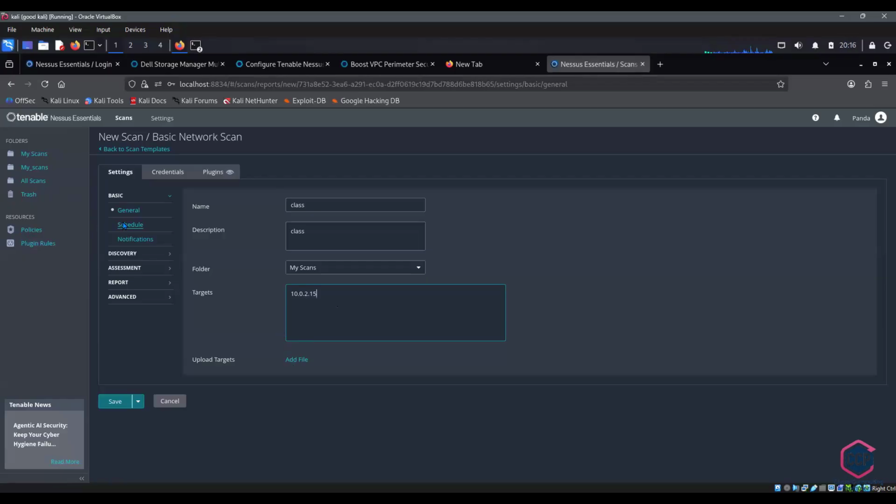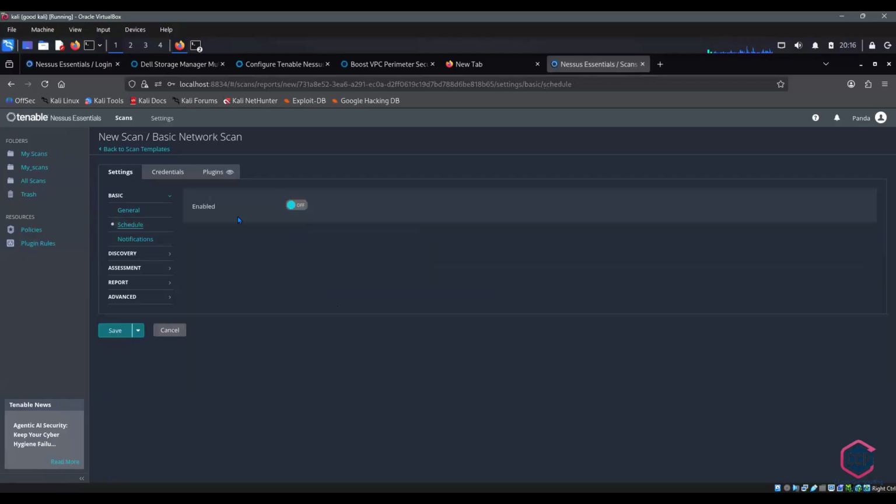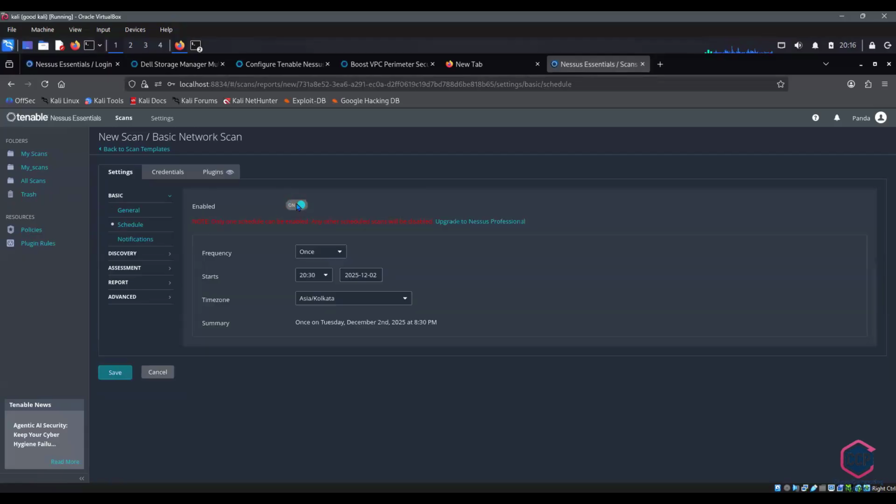Next, if I want to schedule this assessment, I can also schedule it. If I enable it, it can run once every day or whatever, but for that we need Nessus Professional.